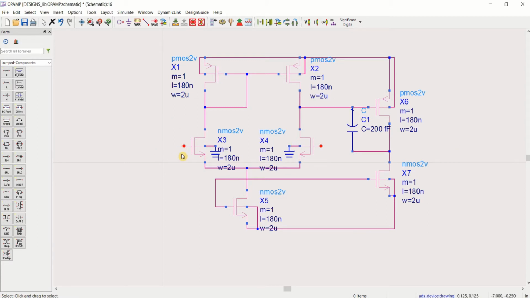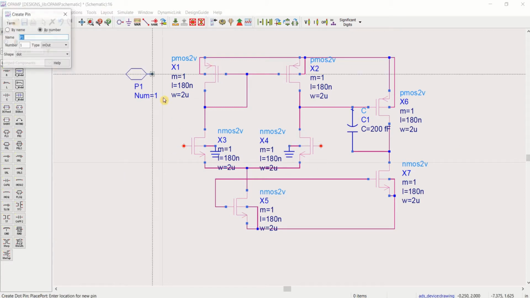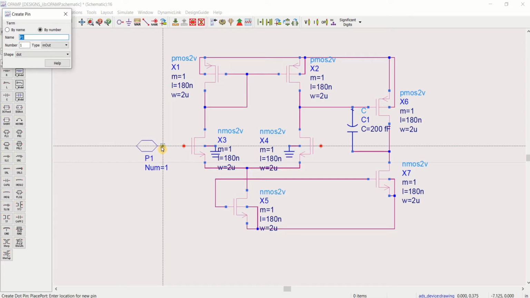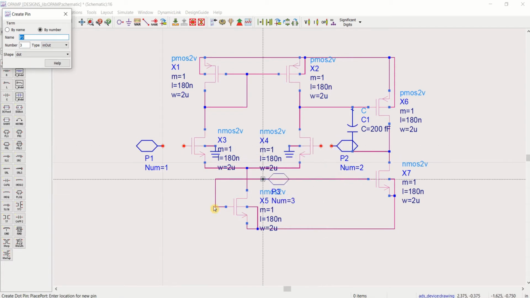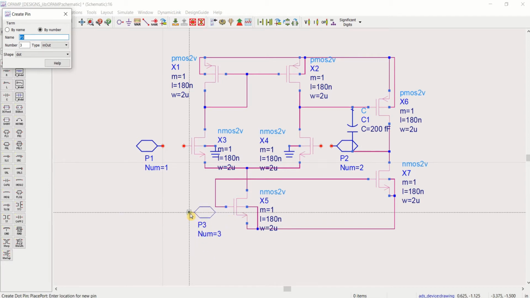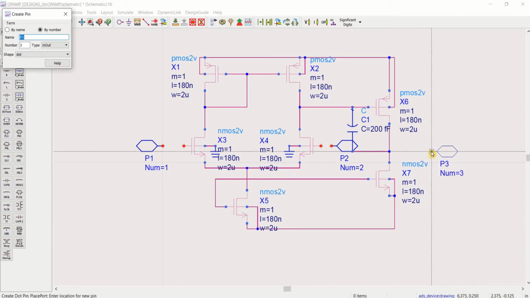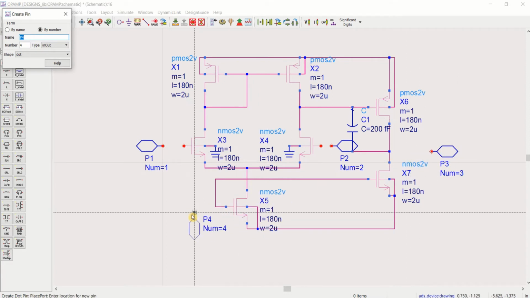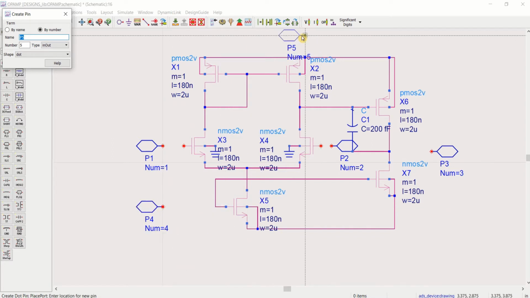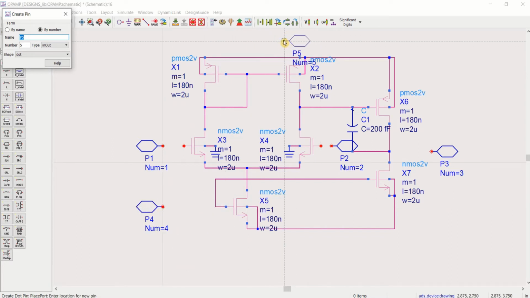This is the differential pair. I want to create a symbol, so I am placing the ports. Port 1 for this input and port 2 for this input. For this one more input, and I want to provide it the output at this point. The fixed bias potential, VDD with the ground,